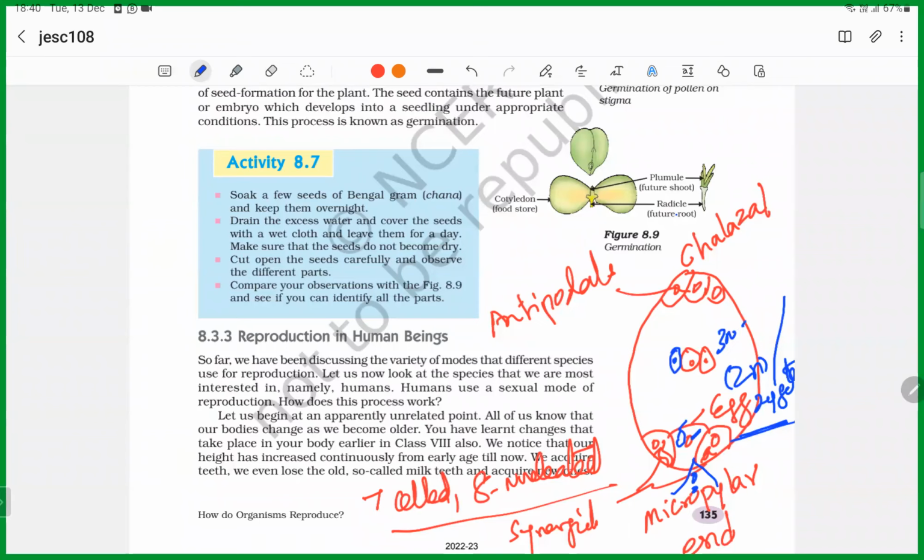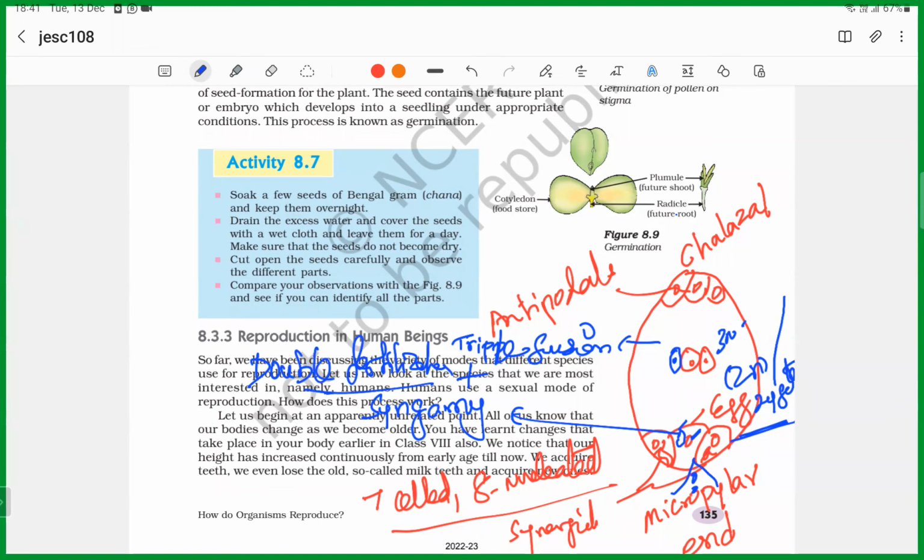What is the common term for this? The fusion is called triple fusion. Do you remember triple fusion? The fusion of the male nucleus with the egg is syngamy. Syngamy or fertilization, triple fusion or fertilization. It is called double fertilization in plants. Okay, can you understand this?